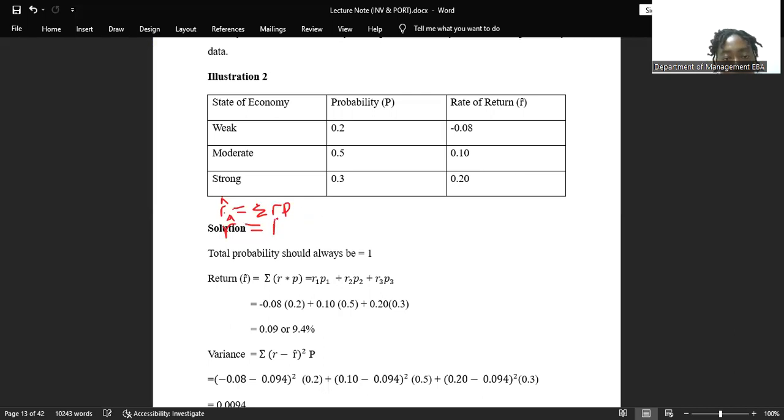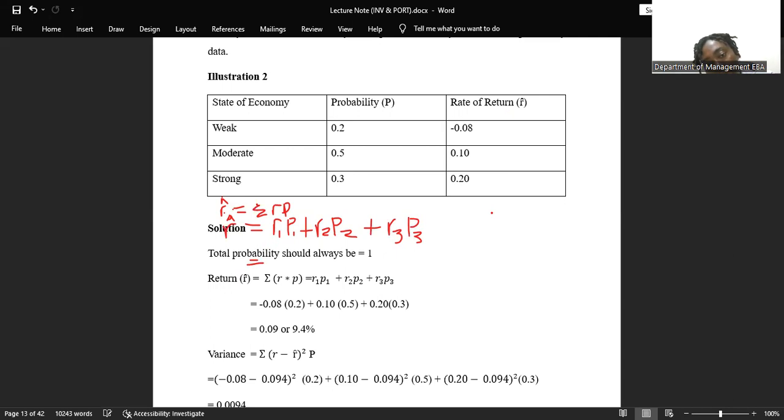So that will be R1 times P1 plus R2 times P2 plus R3 times P3. Okay, so that is it. We just insert the values into it. So this will be equals to,